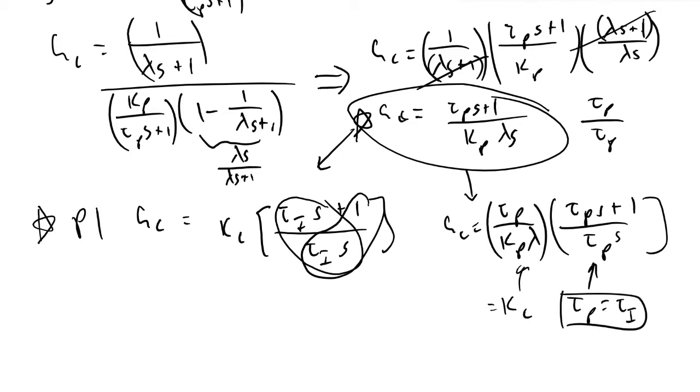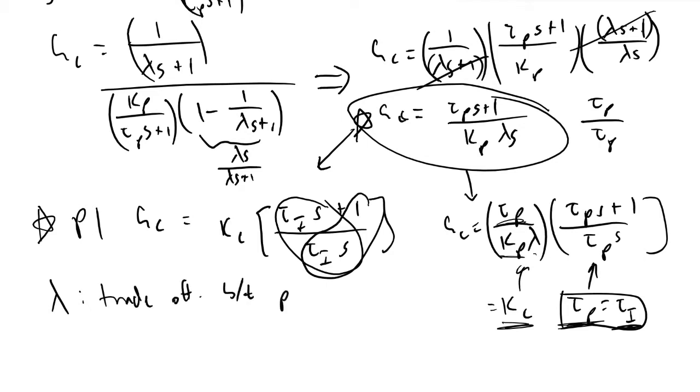And so that's a big takeaway from this direct synthesis model, is that the physical time constant of our process, that is a physical property, we should let that time constant be equivalent to our integral time constant, and that takes away a tuning parameter, tau I, that we have to worry about in our PI controller. And then also we know that our controller gain Kc should be equivalent to tau p over Kp times lambda. The only tuning parameter we have to care about now as a process control engineer is what to make lambda. And so lambda is a trade-off